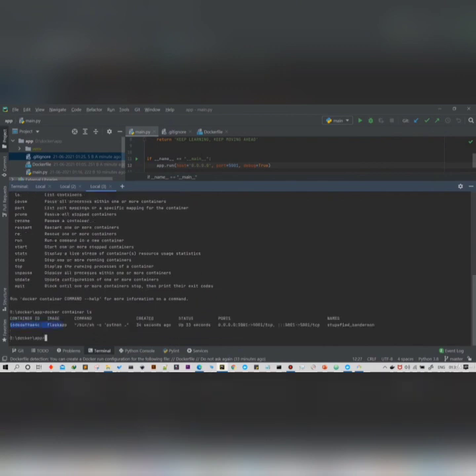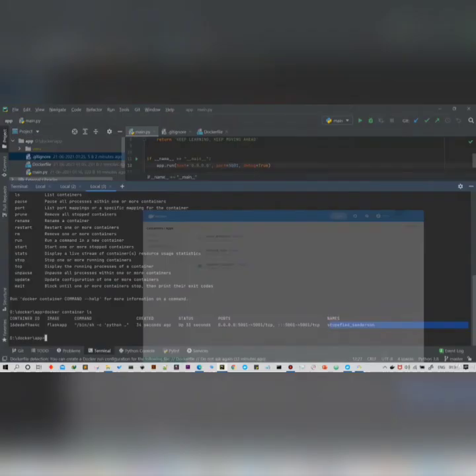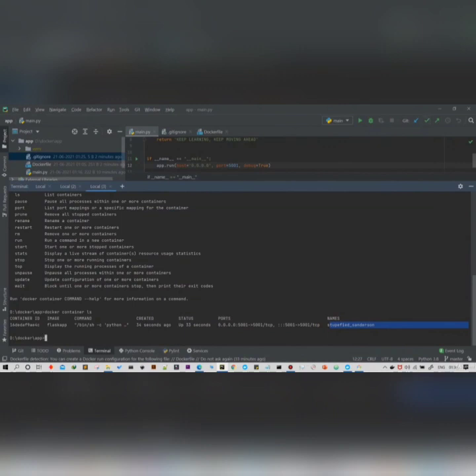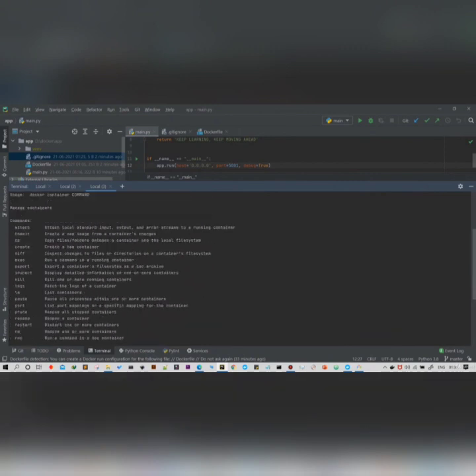This command will give you information of the container like container ID, the image which is running there, at what time it was created, the command that is running right now, the status, the ports, and the name of this container. Okay, and there's a cool story behind the name which Docker gives the container, and I will discuss it later on in the series.